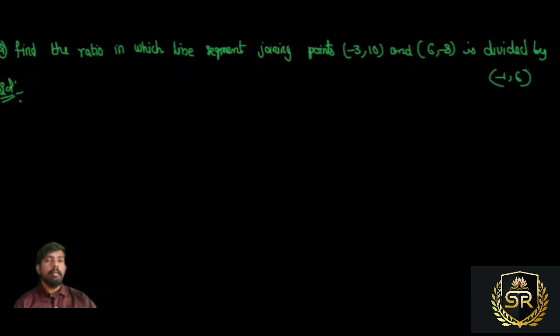Okay, divided by the point. He is saying here line joining the 2 points, right? Here the point is given minus 3 comma 10 is 1 point, and one more point is 6 comma minus 8. So let us name it A point, this is B point. Now this point, line joining. Find the ratio in which the line segment joining these 2 points